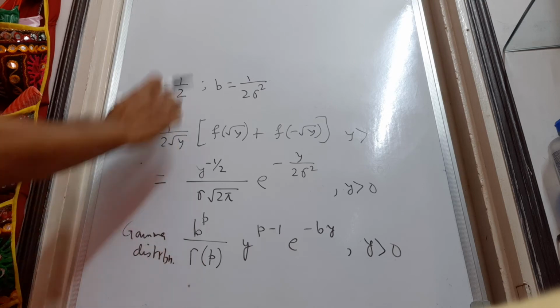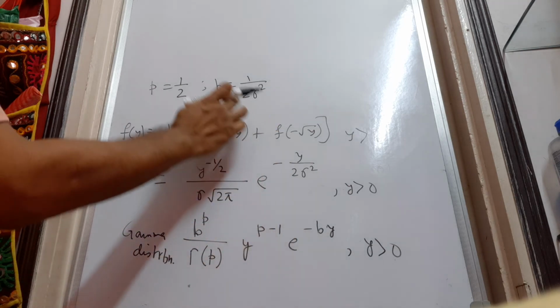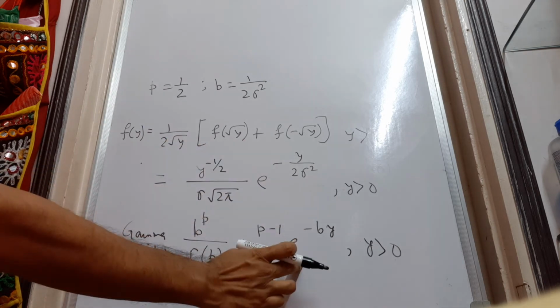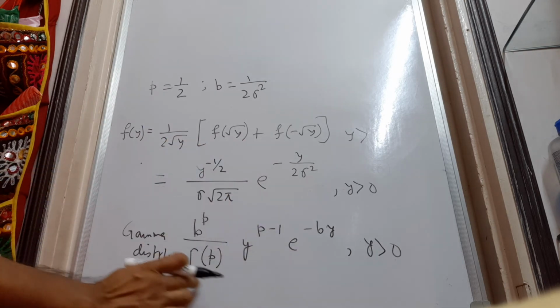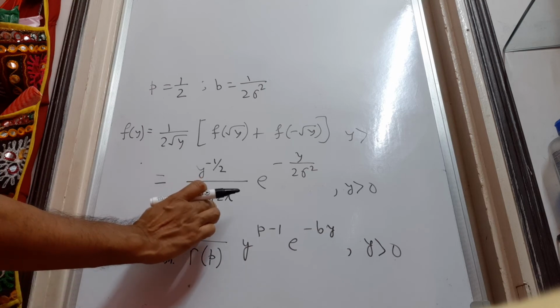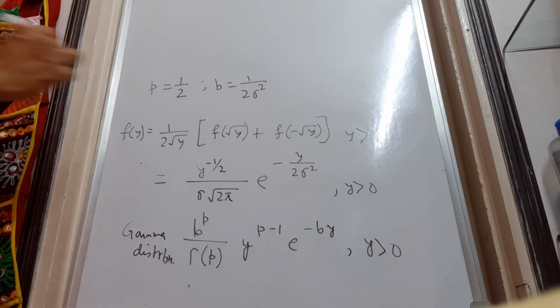You can easily check. We compare these two, we have b equal to 1 by 2 sigma square and p equal to half. So, they match, and then we see that b to the power p by gamma p gives 1 by sigma root 2 pi. So, we have this, and using this coefficient